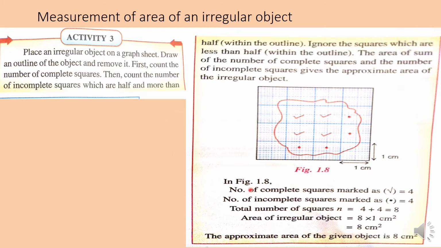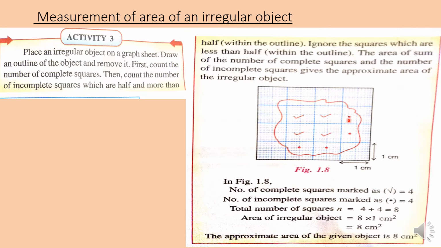With the help of this activity. What is there in this activity? There is one graph paper you can see. The paper whose area we need to find, we first keep on the graph paper and draw its outline. Right children? When we have drawn its outline, after that remove the paper from the graph paper and count the number of complete squares. See children, this is a complete square. This one is also a complete square. This again is a complete square, and this one. So how many complete squares are there? There are 4 complete squares.